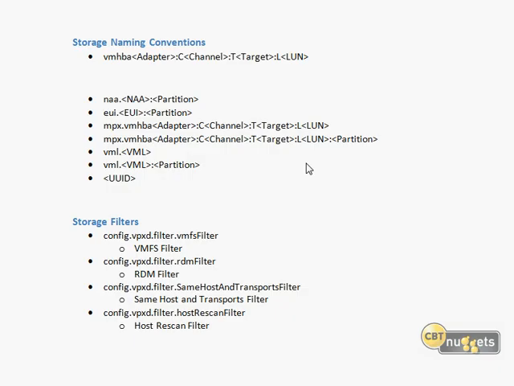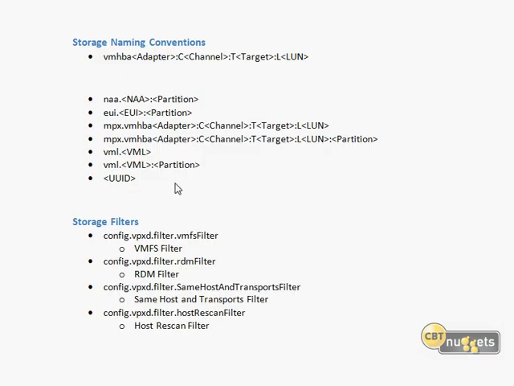So when that happens, an ESX server is actually going to generate its own tail end back here, its own suffix, to uniquely identify what that LUN or disk is going to be. There's also this VML identifier down here. You can use these interchangeably with the ones on top, and then every disk has a unique identifier